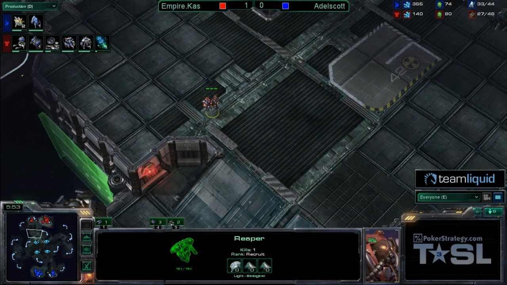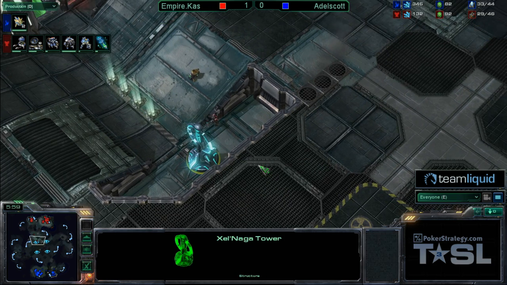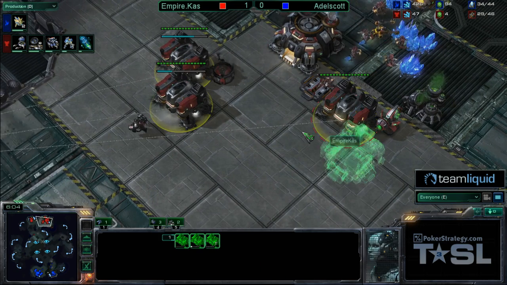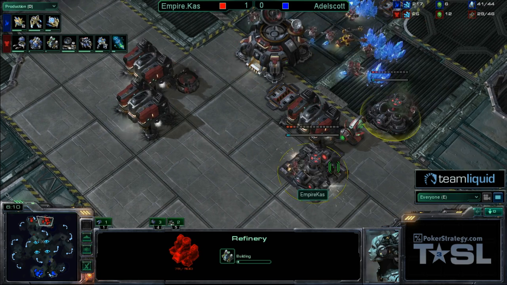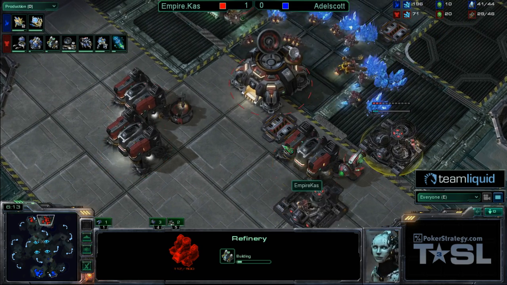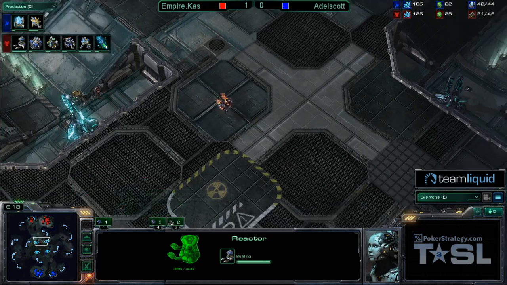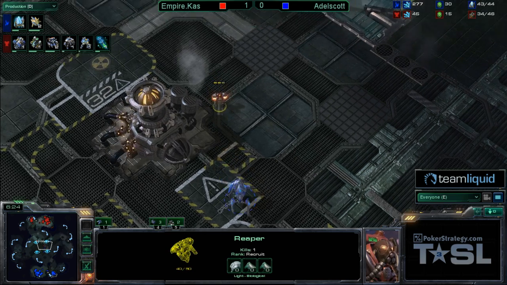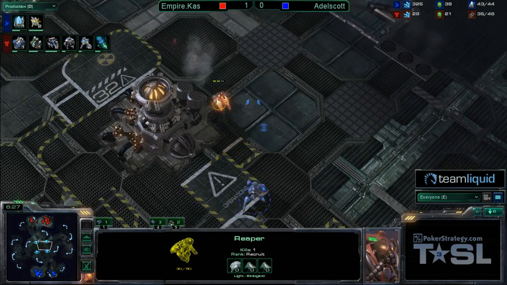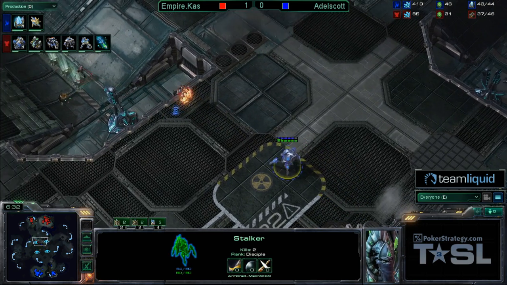So Adelscott, not fully aware of what's going on in his opponent's base, is going ahead and throwing up his vision. We can see he has no vision at all of that natural expansion, so he's going to have to do something to become aware of what's going on. Meanwhile, Adelscott is following up with just 3 gateways, and we're going to have to wait and see what his next move is. He's only mining with 3 probes in a single assimilator, has not yet taken a second assimilator, so really curious. A little bit of a skirmish going on in the middle with this Reaper being driven back away